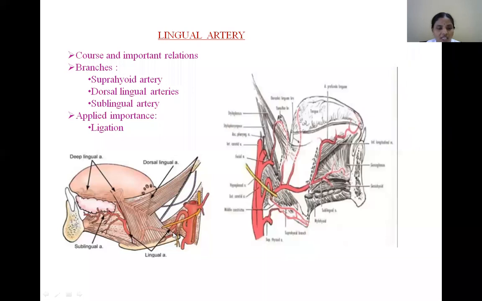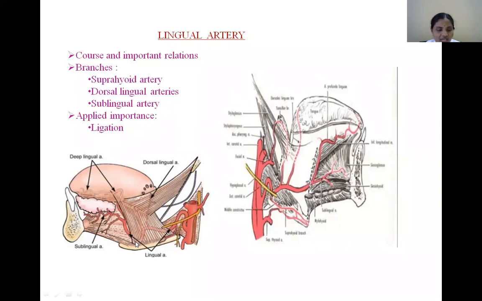So what are the three segments in relation to hyoglossus? The first segment is up to the posterior border of hyoglossus. The second segment lies deep to the inferior border of the hyoglossus. Then the third segment lies deep to the tongue, and the course is just ascending along the upper anterior border of the hyoglossus. So that is the third segment. Here the first segment gives off only one branch, that is the suprahyoid artery. It supplies the adjacent structures, then anastomoses in the midline with the fellow of the opposite side. So the first part of the lingual artery provides only one branch, the suprahyoid artery.